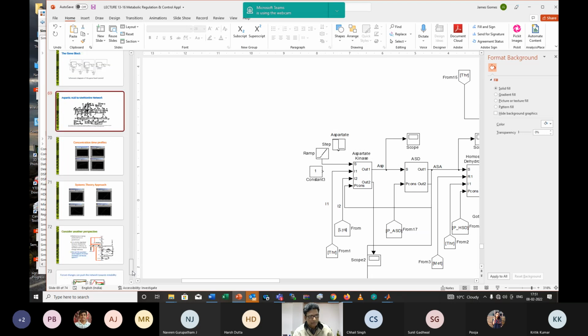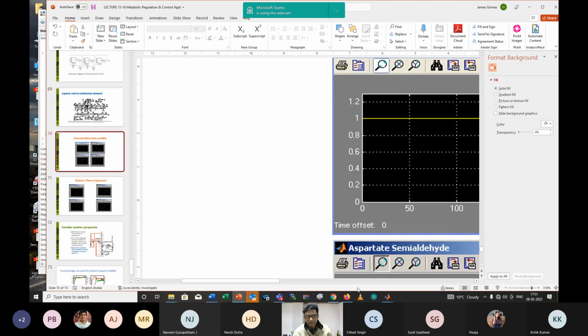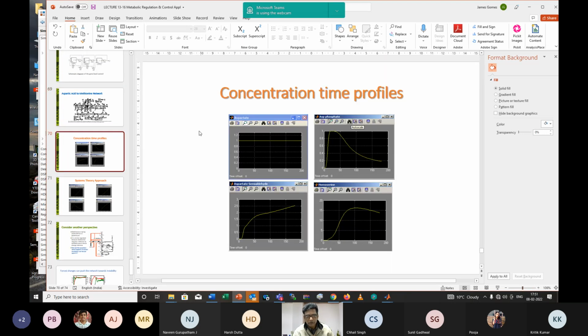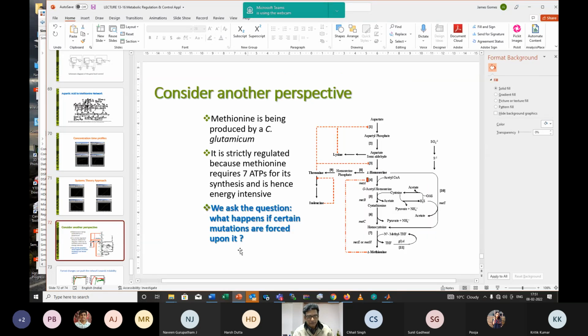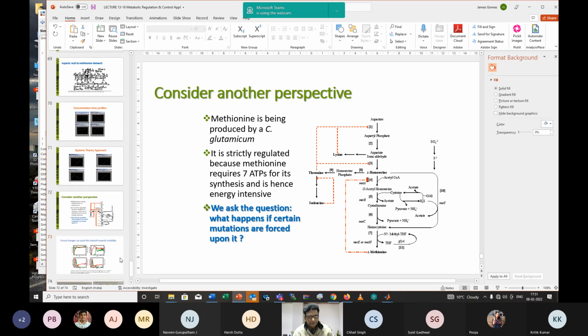So when you build this up and you look at the time profile concentrations, you'll get concentrations of this kind, which is essentially looking at some simulation time here, maybe over some minutes. So here you're looking at 2 hours or 3 hours of time, and then you could look at all of those intermediates that are appearing in the pathway. And then if I ask the question, what happens because we have forced a mutation on it, then you see that